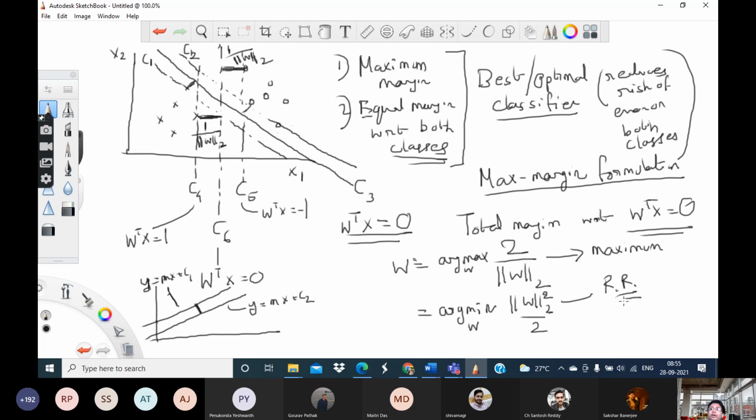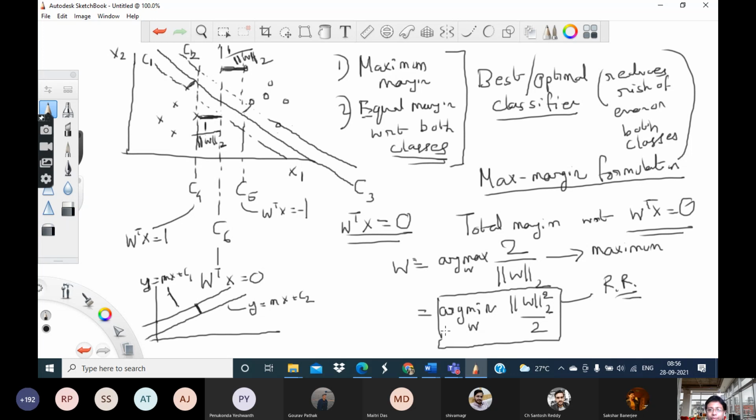Do you remember in case of ridge regression why we had taken the square on this W while building the regularizer? For calculation, sir. Yes, for calculation, because I wanted to do the differentiation of this thing with respect to W, and that differentiation was easier if we had a square here. So in this case also, for precisely that same reason, I will again put a square on this. Basically I want to find that W for which this thing will be minimized.